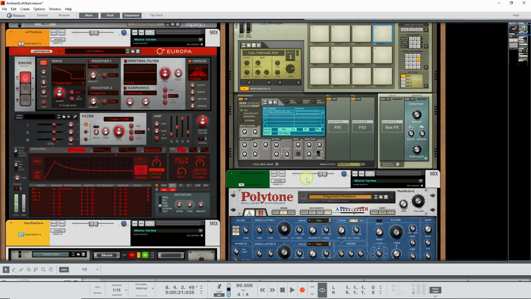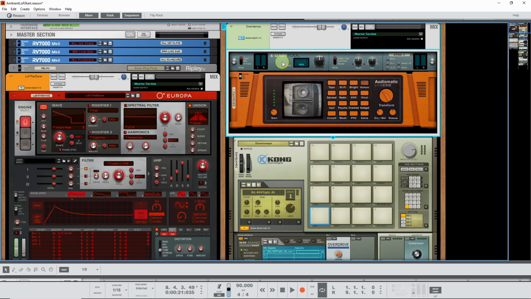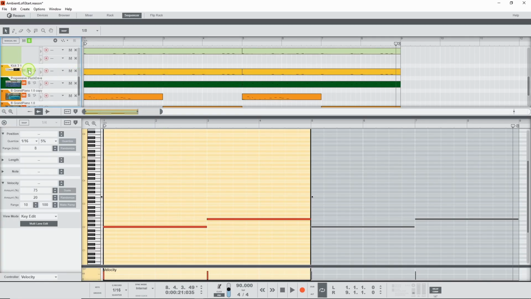I wanted to have a kind of a sparse rhythm on this track, so I've loaded this down tempo kit, which is part of the Kong presets. On here I have a gain tool, just so I can vary the gain if I need to. I also have this Audiomatic, which is adding a little bit of depth to the bottom of the sound, to the low end, set to about 39% here. The dry/wet is fairly low, and if I bypass that and play these drums on their own,